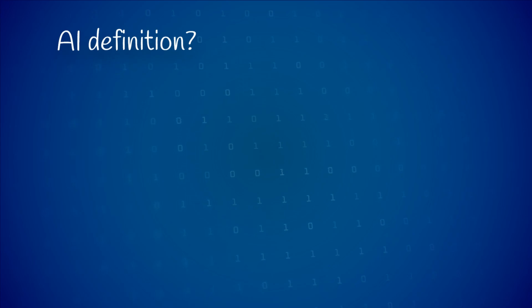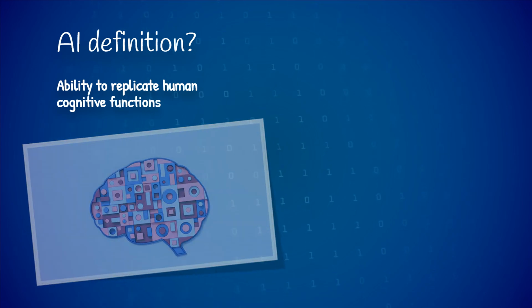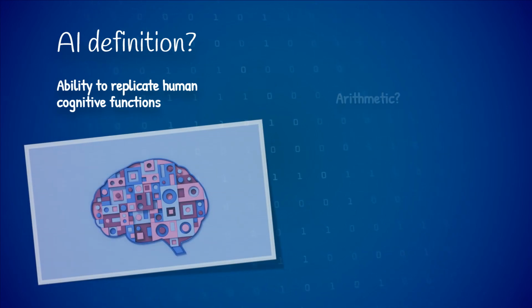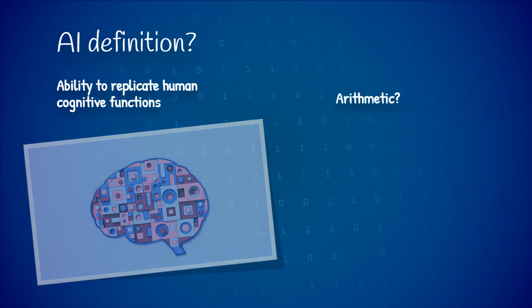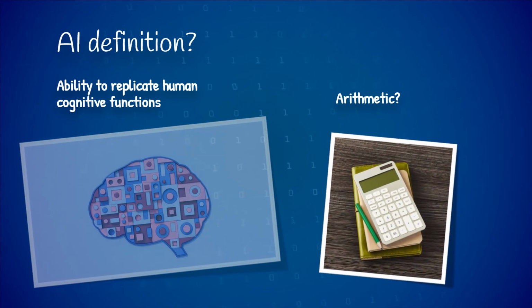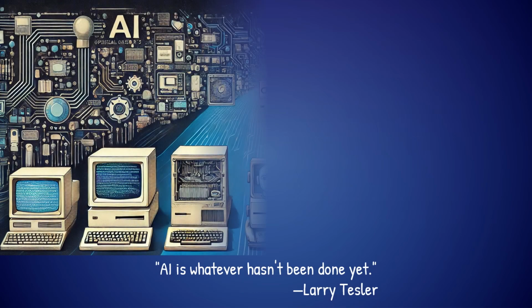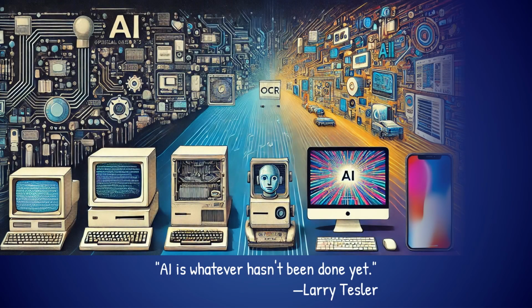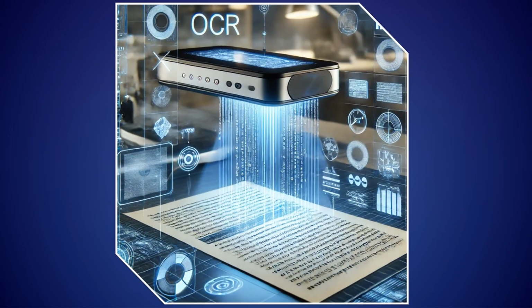A common definition for AI sees it as the ability of a machine to replicate human cognitive functions. But this description is vague and ambiguous. We might ask, for example, whether performing arithmetic operations such as addition and multiplication qualifies as a cognitive function. If that were the case, then this machine here would be an example of AI, right? In addition, what was once thought to require AI is often removed from this category as machines become more complex. For instance, not everyone identifies optical character recognition as AI anymore because it is a common feature in many applications today.